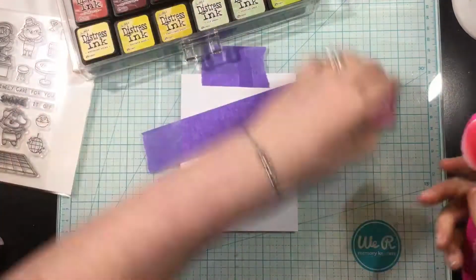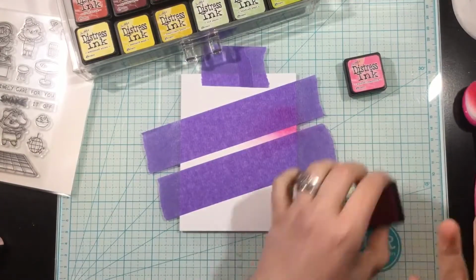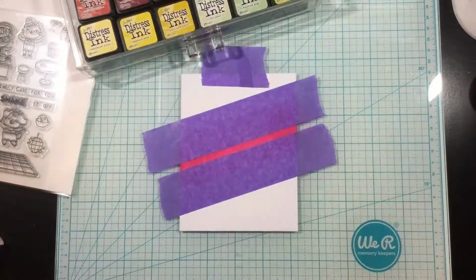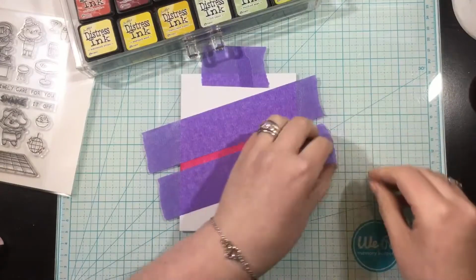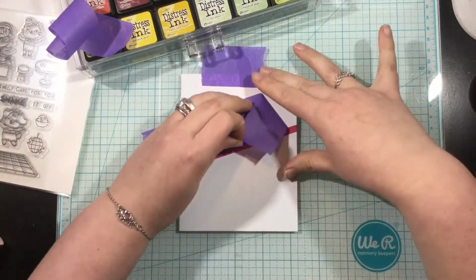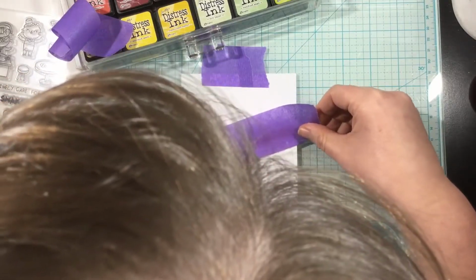I'll start with Picked Raspberry. That's my favorite pink. Originally I used a blending brush, but I wanted to have thick, solid color on here, so I'm just going to use the regular old school blending foam. Once I have that color on my paper, I'm going to take a towel and wipe off any extra ink from my tape, and then I can remove them and just reposition them so that I have 1/4 inch of